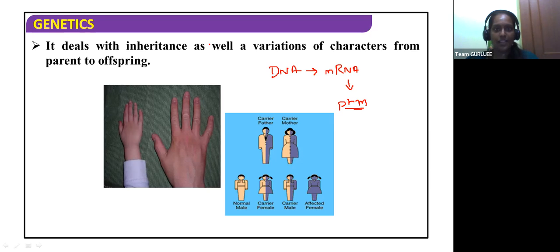Your stomach only produces HCl. Your eyes don't produce it. Or your eyes only produce tears, your stomach doesn't. How is that happening? Where does that gene get that message from? How is it possible? Every cell in your body has the same chromosomes in it, right? So how are these genes expressed only in particular regions? Why not in all the places? Why don't you produce acids in your eyes?